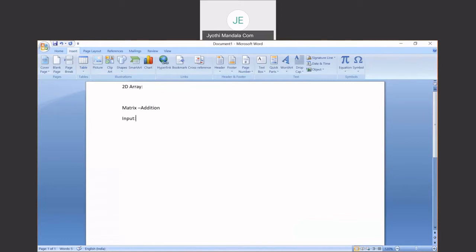First, you need to ask the user to enter the size. That means row size. Let us store that row size in R. We want how many inputs? You tell me. Row size is required. Column size. Let us store that one in C. And let us consider our matrices are M1,